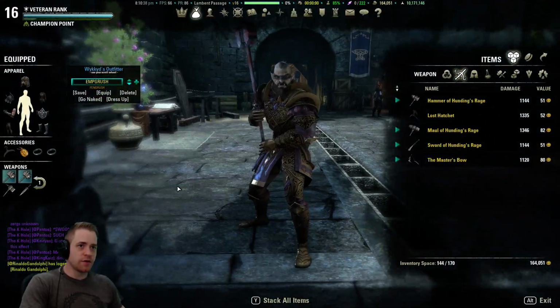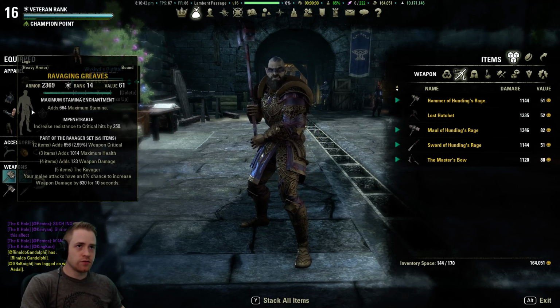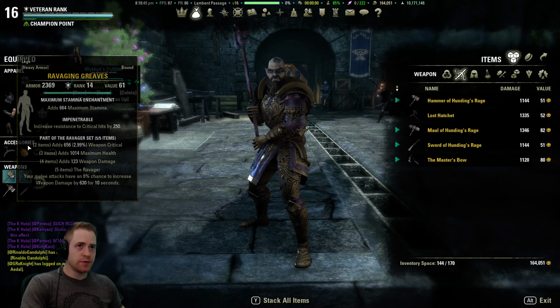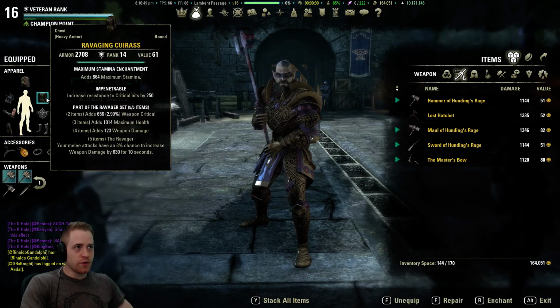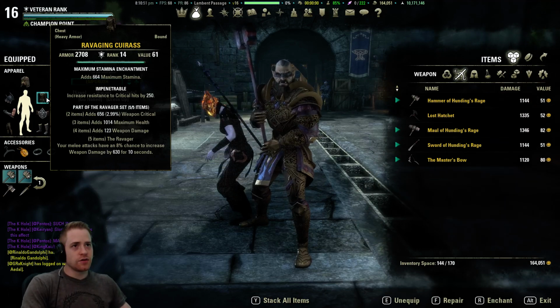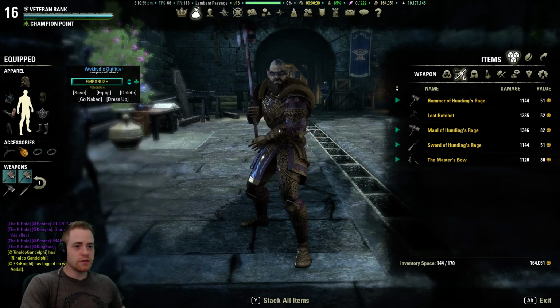I'll start with the equipment. First of all, there's the familiar 5-piece Ravager, same thing I was using in 1.6. So this is going to be too heavy here,